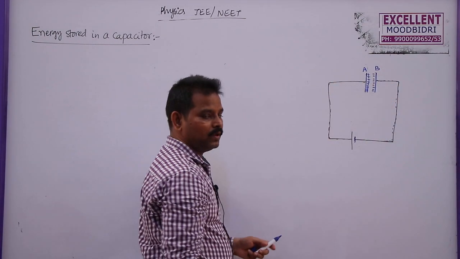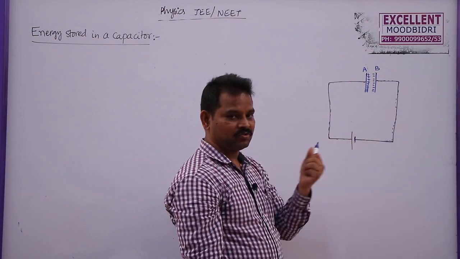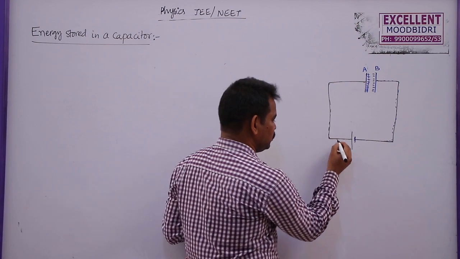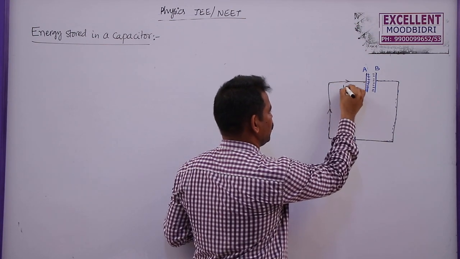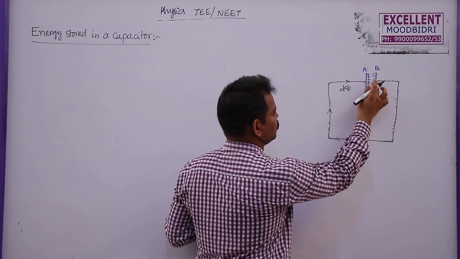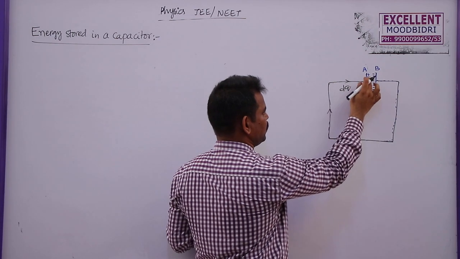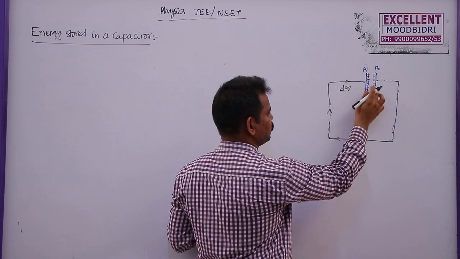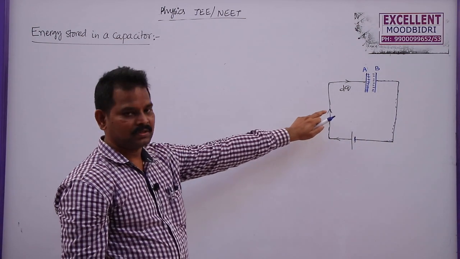So actually the flow of charge is in the anti-clockwise direction here, but scientists initially assumed that a positive charge is induced here due to this negative charge. So let us say dq charge is given by the battery, and it will accumulate on this plate, and the negative charge will be here and a positive charge like this. But whatever it be, the process will be the same.